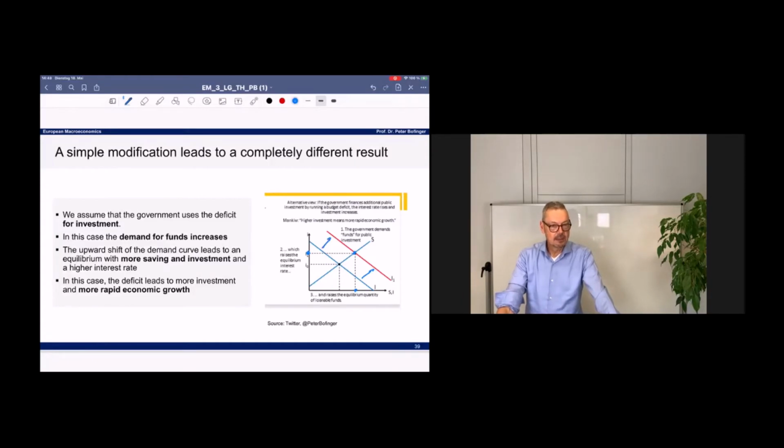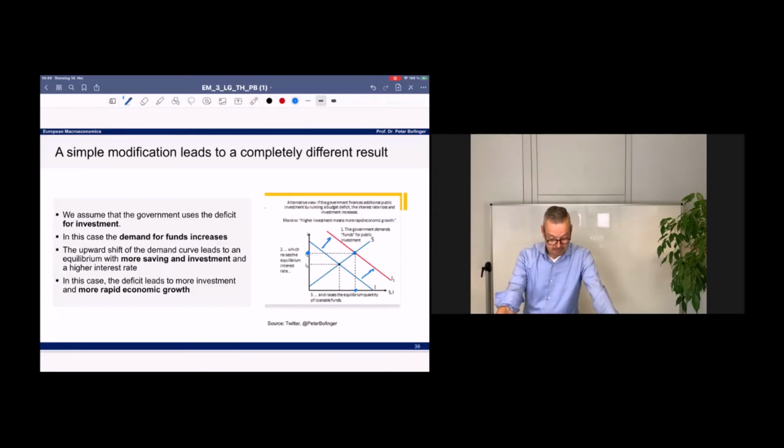And it's really surprising that in the theoretical discussion of government debt, this case, which is also a very realistic case, that governments want to invest but they cannot finance it from current revenues, and they get the money from the capital market, is not discussed. And of course, it leads to a completely biased and distorted view of government deficits, which then, as I said, have these very far-reaching policy implications.